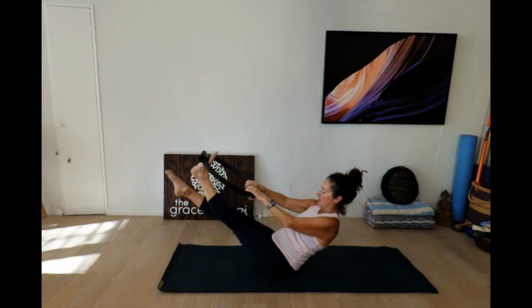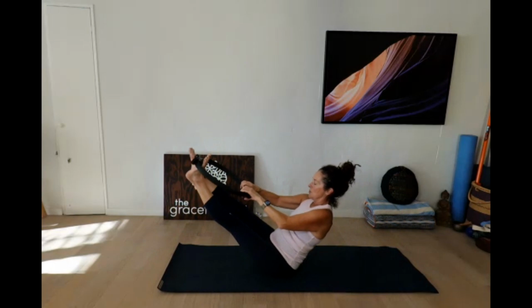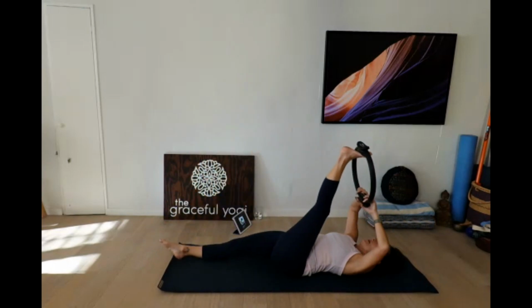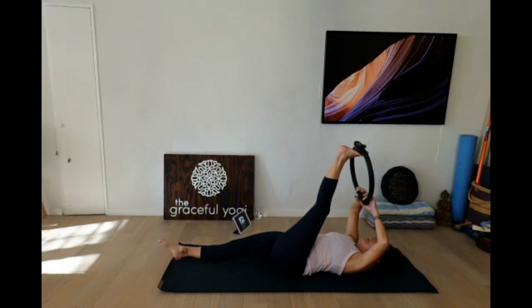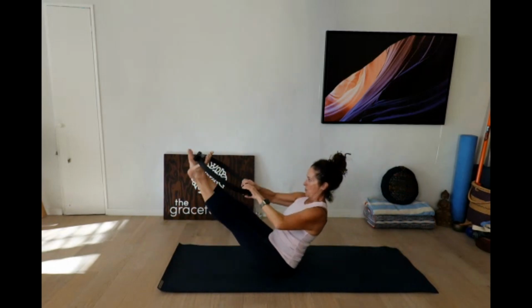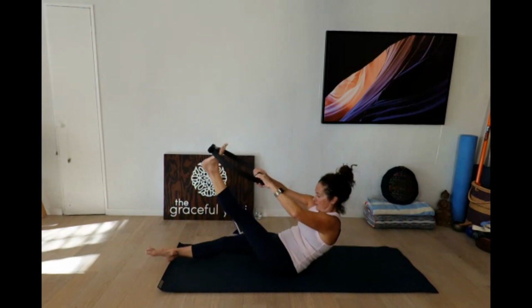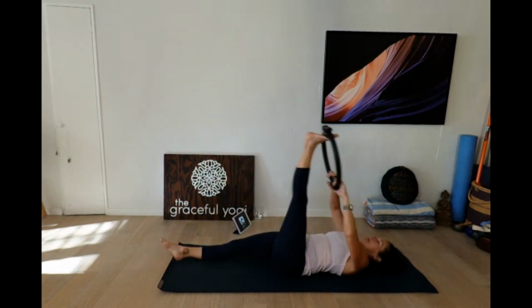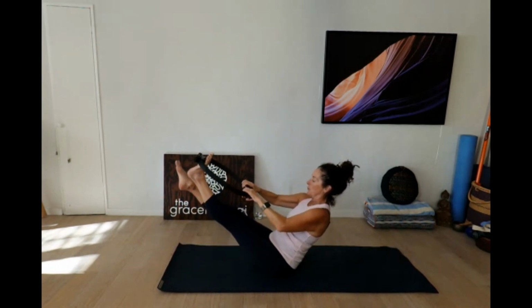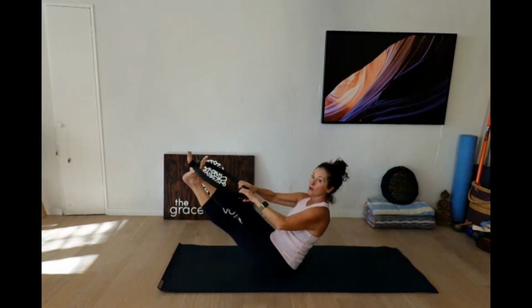Right leg kicks up and come back down. And 2, and back down. 3, and back down. 4, and back down. 5, 6, 7, these legs are heavy,